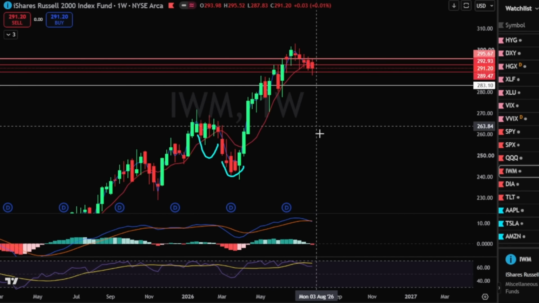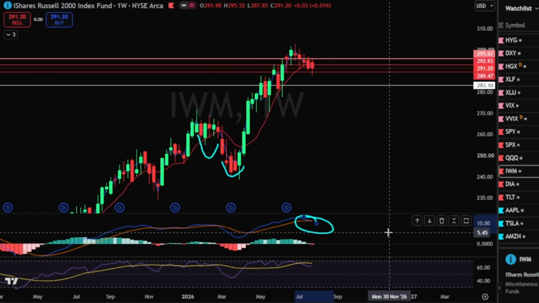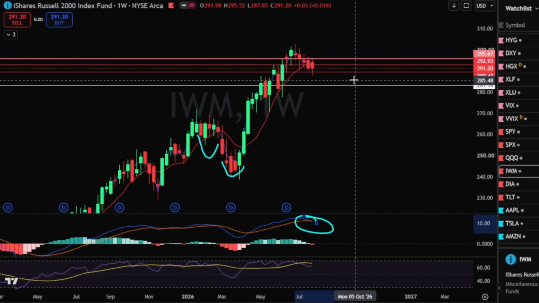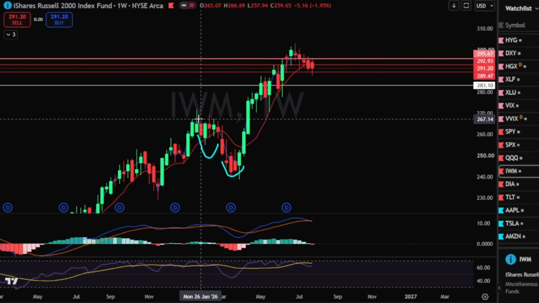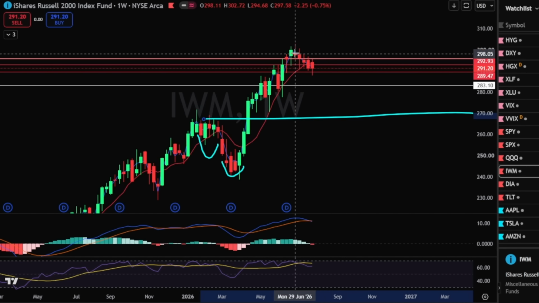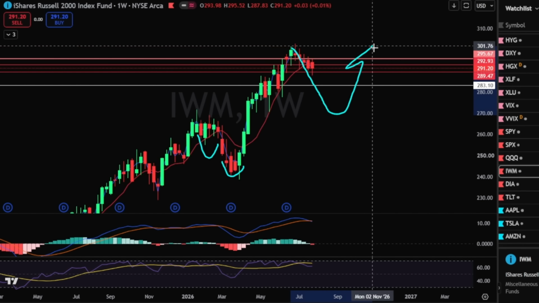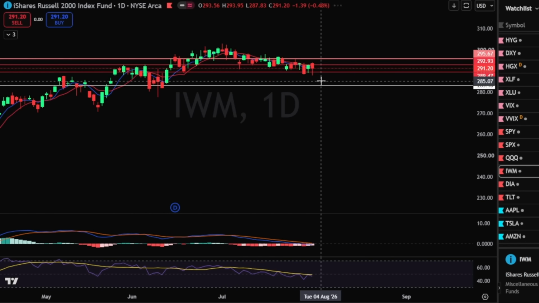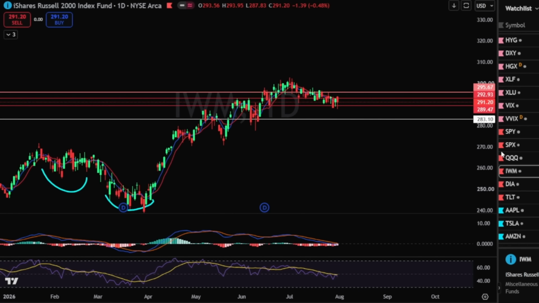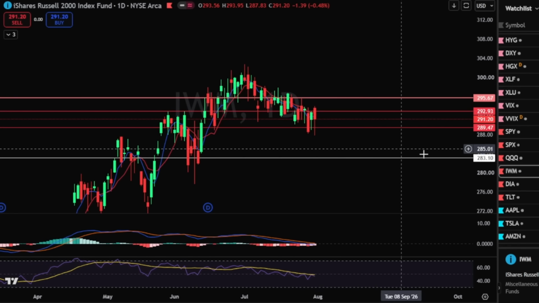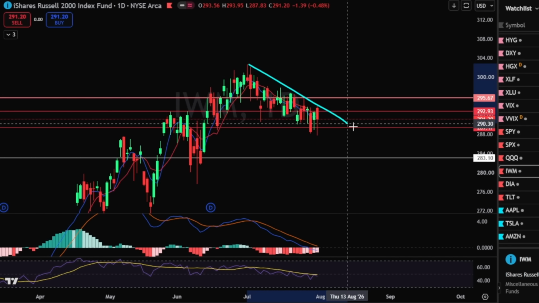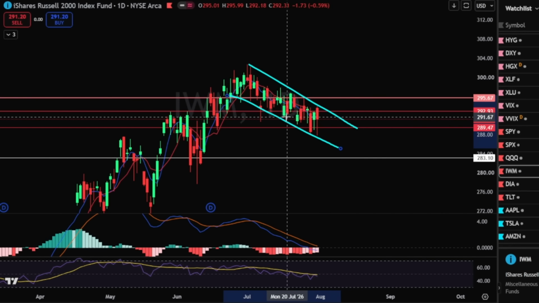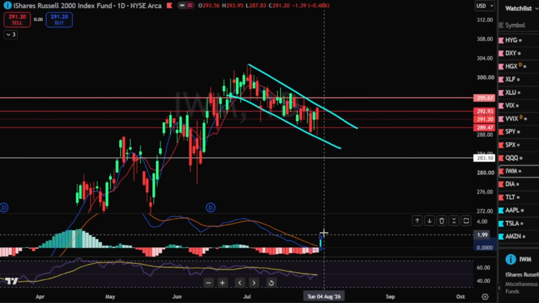Now, the weird thing is IWM was just able to curl down the weekly chart here. But if we want to keep weekly correcting, we already know those levels, right? Like 267 looks really, really nice. If we want to just dump down to there, I'm excited for it. The problem is the daily chart right now is right by the center line. And that thing, if it confirms to the upside, well, you pretty much just consolidated this whole time. This is not dramatic by any means. And this looks like, hey, we're building, building, building. And if this crosses up,